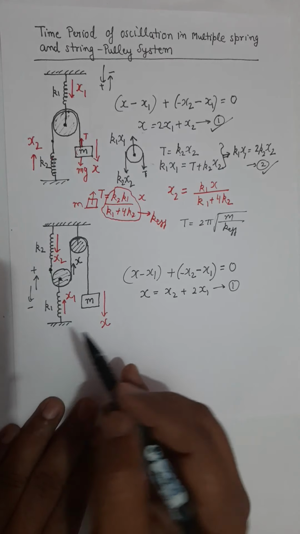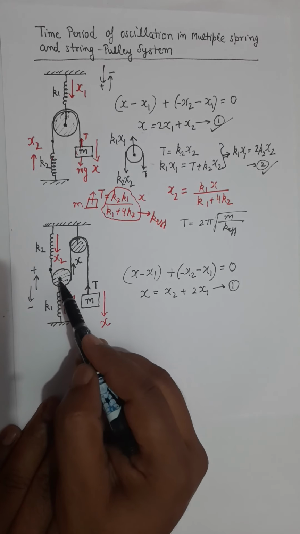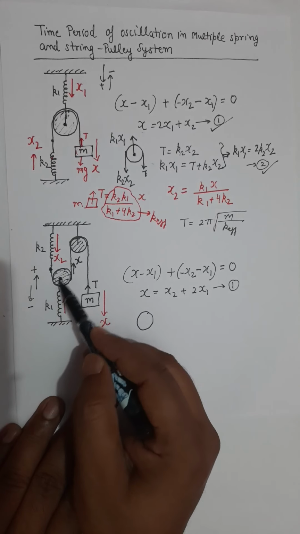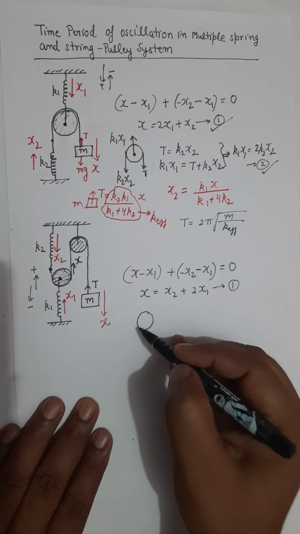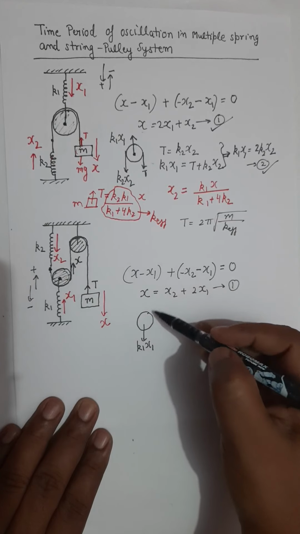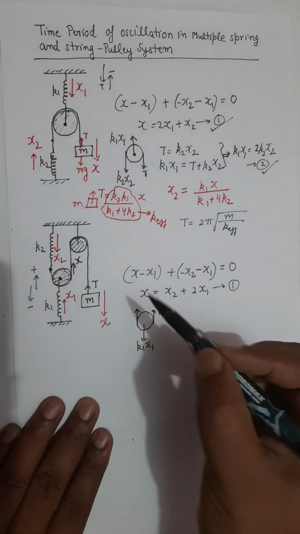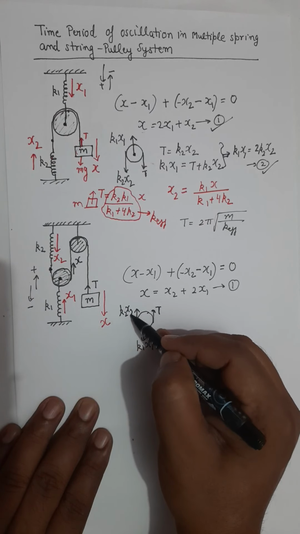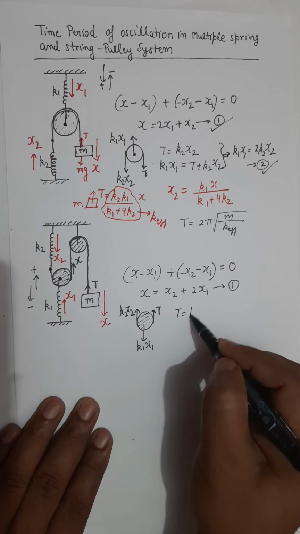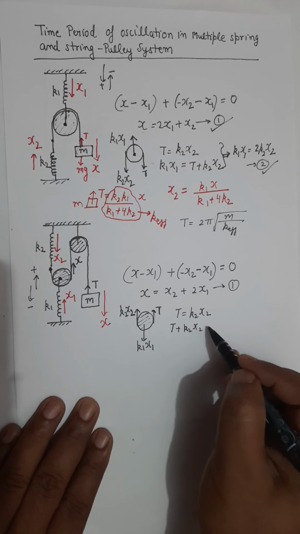Coming to the forces, that is free body diagram, there will be a tension force on the block, right? And if you follow the free body diagram of this pulley, it is attached with a spring of constant k1. So here will be a force k1 x1. On one side it will have a force capital T. On the other side this pulley will have a force of k2 x2. Using ideal pulley characteristics, again T equals k2 x2 and T plus k2 x2 should be equal to k1 x1.